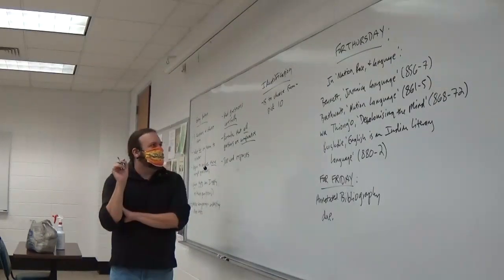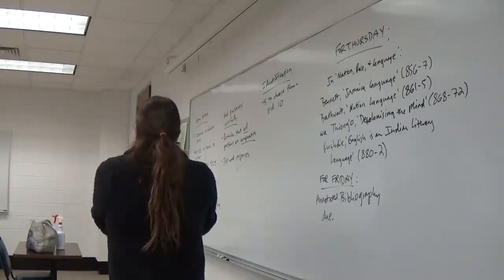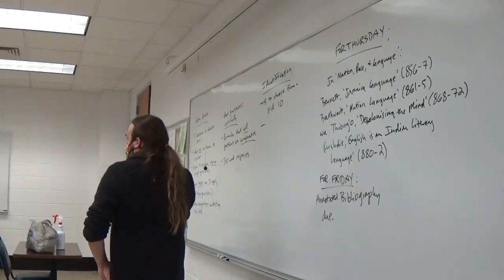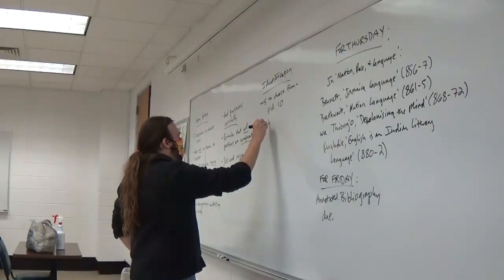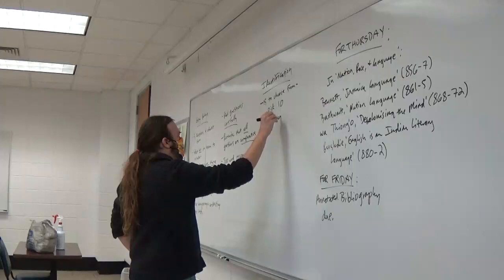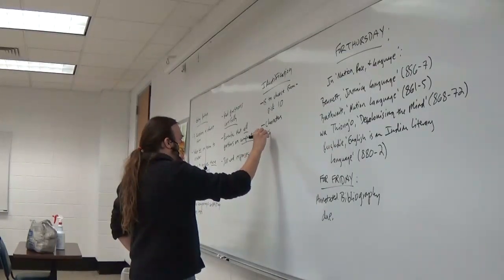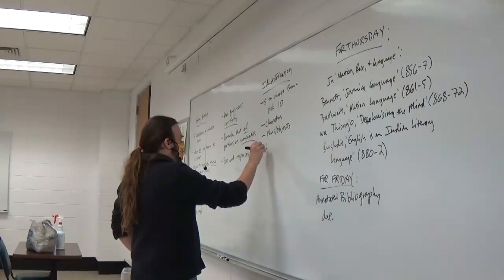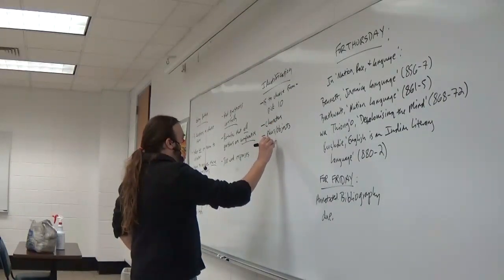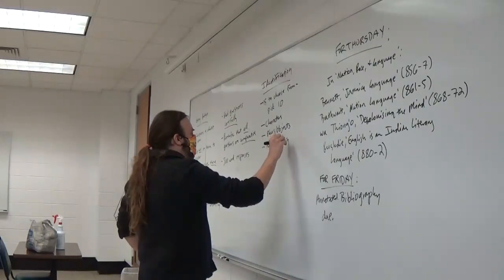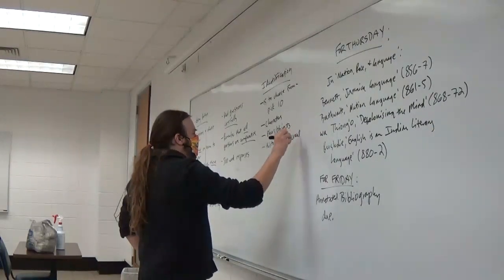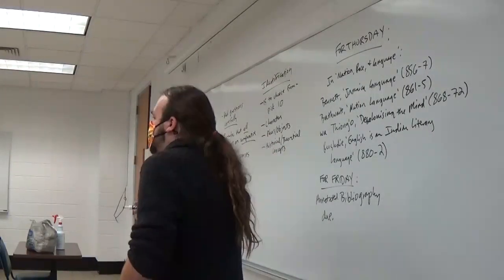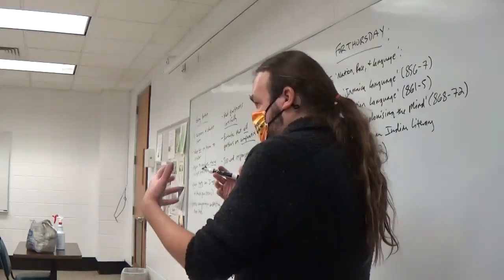So here's what I'm looking for with the IDs, right? First off, in terms of the things that you will be asked to identify, you may be asked to identify characters, important places or objects, or important historical or theoretical concepts. So these are the things you should be looking for in your notes, right?